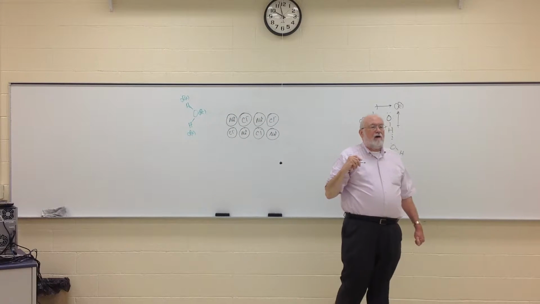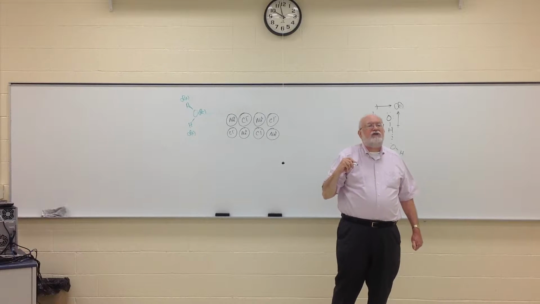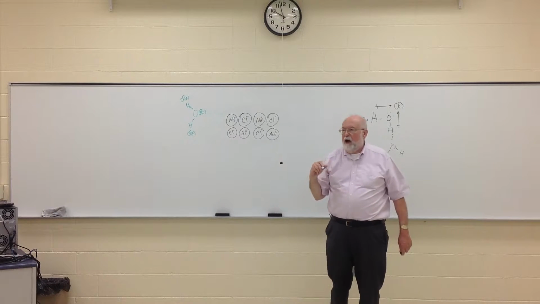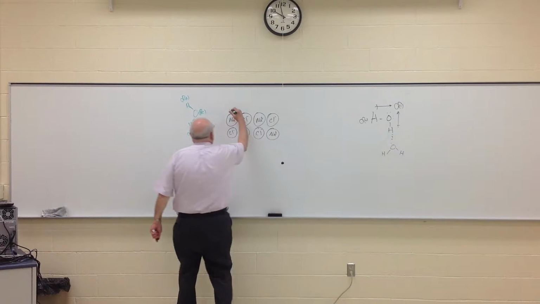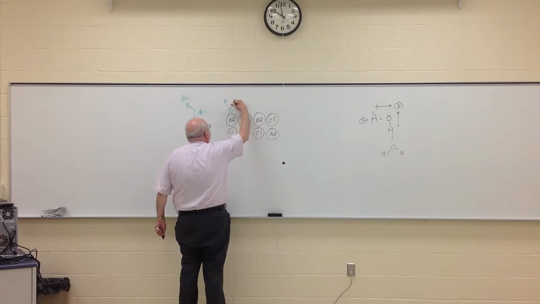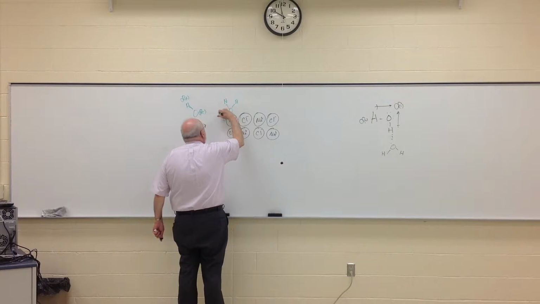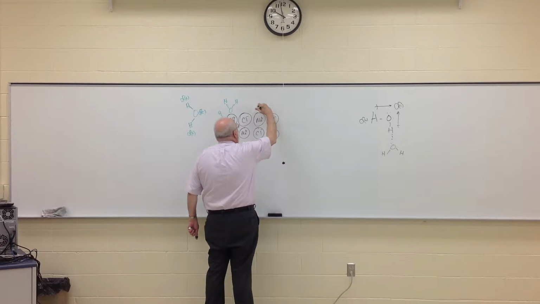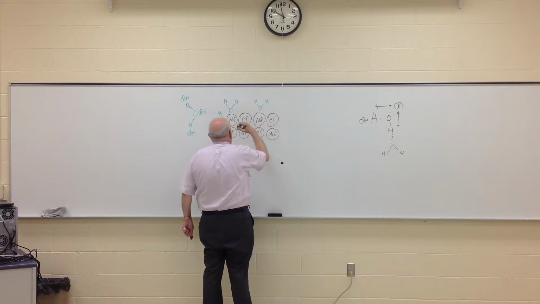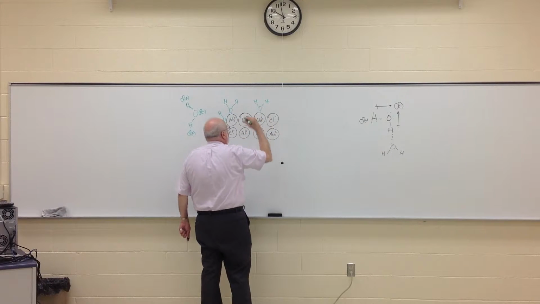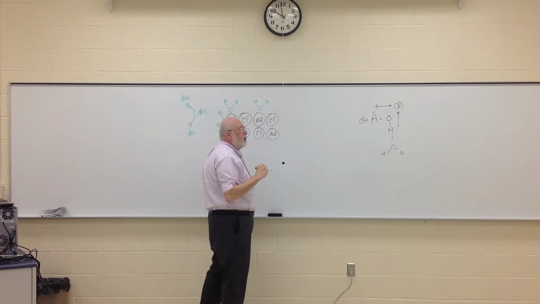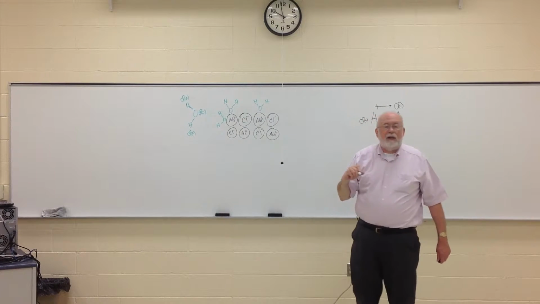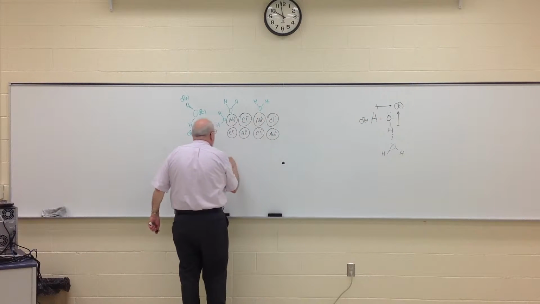Now, which end of that water molecule is likely to be attracted to the sodium ions that are right here on the surface of this crystal? Which one? The oxygen end, absolutely. So anywhere I have a sodium exposed, I'll bet I'm going to find a water molecule coming along and aligning with it, something like that. Now, we've got a force of attraction here, obviously, between the two. And that force of attraction that we have between the ion and a pole on a polar molecule is called an ion